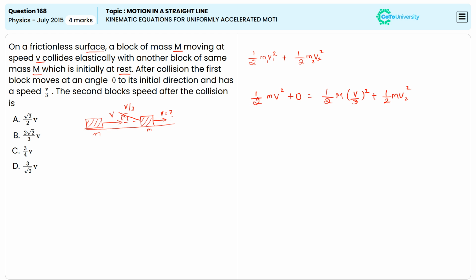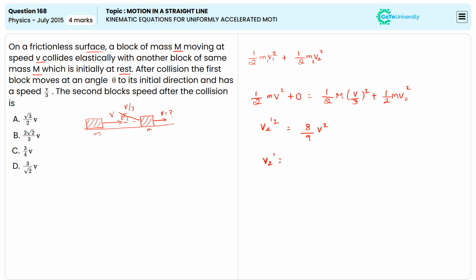It is moving in this direction with that velocity. Then we need to find v2 dash square, which, by simplifying, we get as 8 by 9 v square. Then, if I simplify this one further,